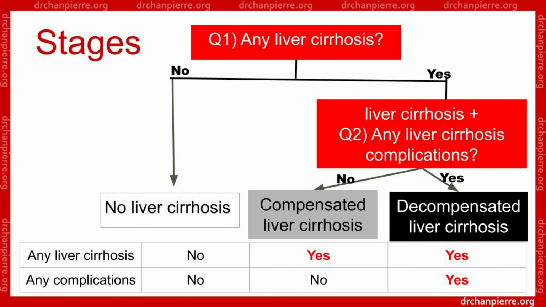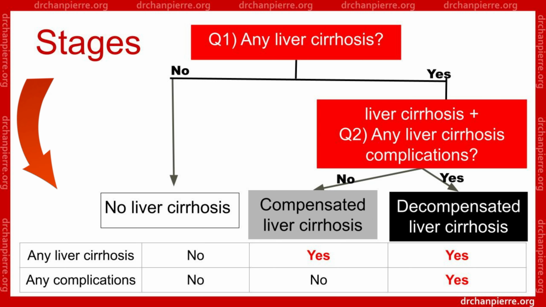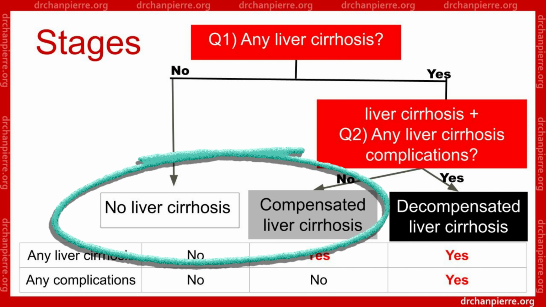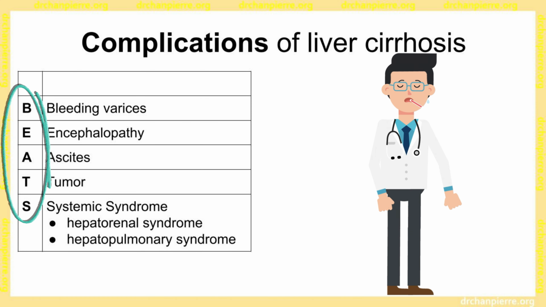However, in the clinical situation, I would suggest using a simpler method by asking oneself two questions. 1. Any liver cirrhosis? And 2. Any liver cirrhosis complication? Then classify into no cirrhosis, compensated cirrhosis, and decompensated cirrhosis. Decompensation is defined by the presence of complications in liver cirrhosis, namely ascites, hepatic encephalopathy, or esophageal variceal bleeding. Most patients with cirrhosis remain asymptomatic until the onset of decompensation. My tip is that liver cirrhosis beats people through complications.